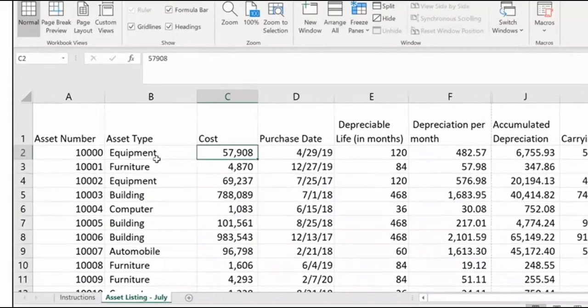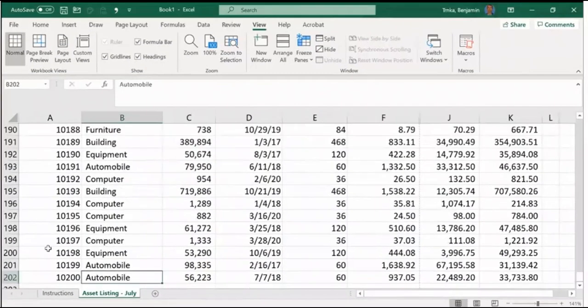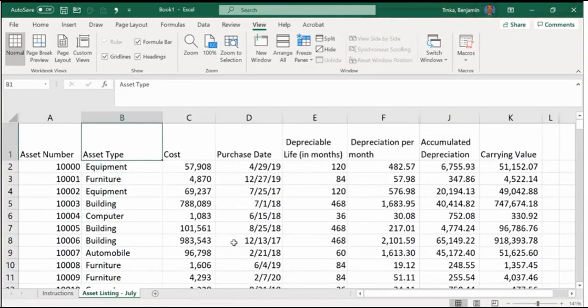All right, so next up, we have a large data set. If I just do Control down to the bottom, you can see there's 200 different things, and I want to organize this a little bit better. It looks like they've just been added by asset number here, but it's not really organized by asset type or by purchase date or anything like that. So one common way to do this, if you don't want to use powerful pivot tables, and sometimes it's easier to just do it in your data, is to add a filter.